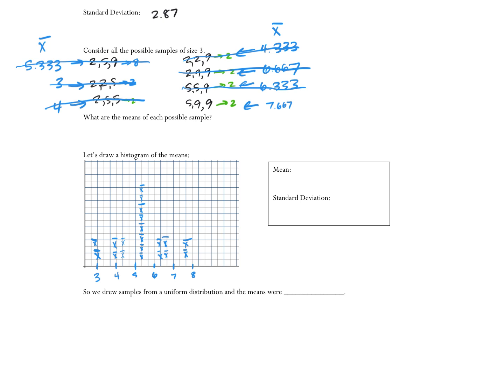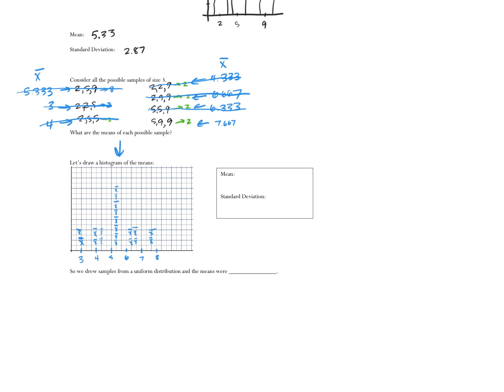So if I want to find the mean and the standard deviation of this histogram picture that we have here, I do the stats, one variable stats. I'm going to use a frequency list of L2. And you guys can see that the mean of this graph is 5.333. And the standard deviation of this graph is 1.282. And I'm using the sigma for my standard deviation because we listed out every single possible mean.